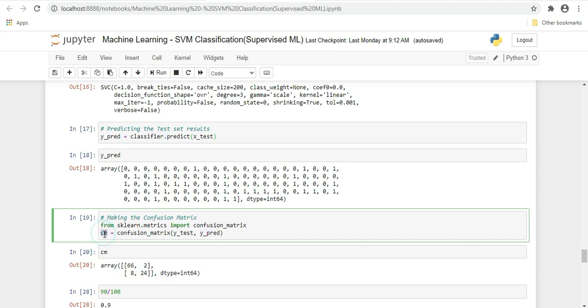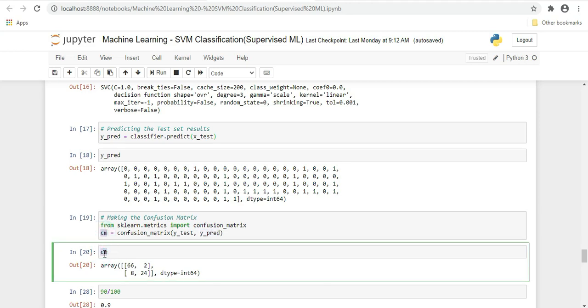So we check diagonally: 66 plus 24, these are correct predictions, and 8 plus 2, these are incorrect predictions. If you want to check the accuracy, you have to add 66 plus 24, which is 90, and divide by the total, 100. So the accuracy of this model is 90%.